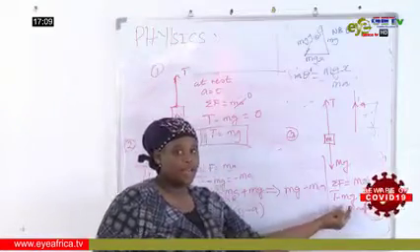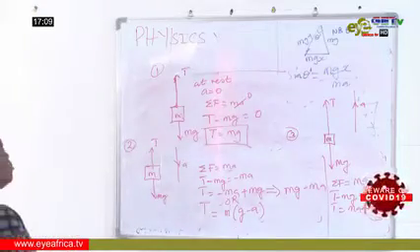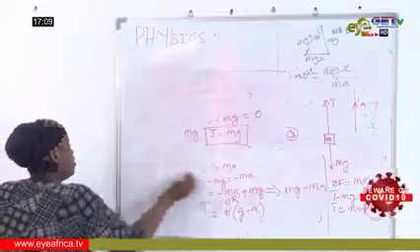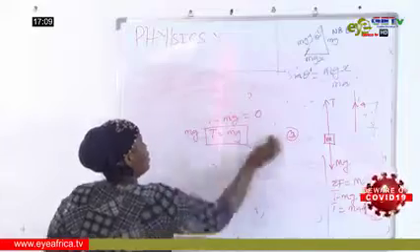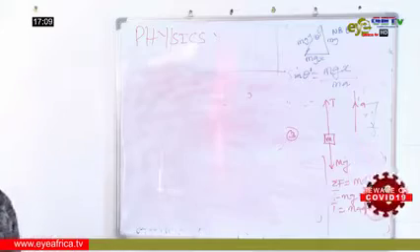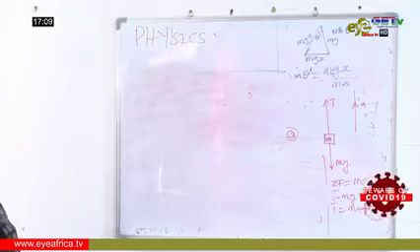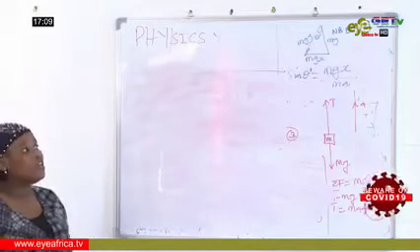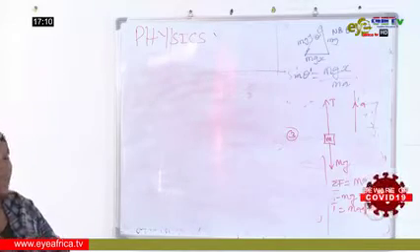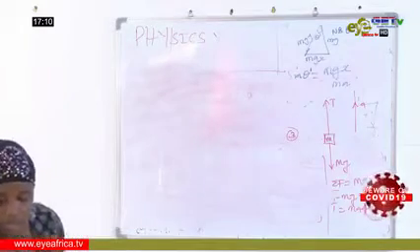Clear? Good. Now that is all for a single rope supporting an object. But if the ropes are more than one, you will need to use different methods. And the most famous method is the resolution of forces. When you talk about resolution of forces, you should know there should be an angle between these two forces. The forces in this case are just the tensions, T1 and T2. The other thing you need to know is that in this case, the object will be in equilibrium. That is, the acceleration will be 0.